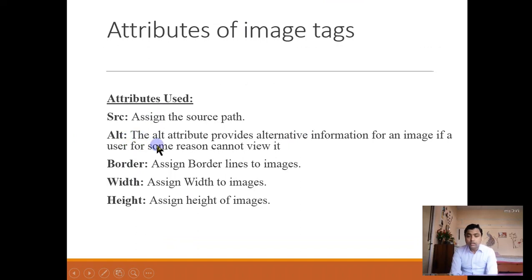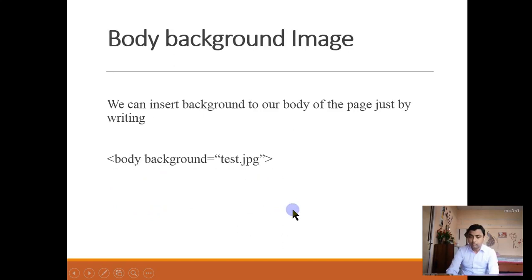The alt attribute provides alternative information for an image if a user for some reason cannot view it, maybe due to a slow network connection. So we should use the alt attribute in the img tag. Border assigns border lines to the images, width assigns width to the images, and height assigns the height of the image.